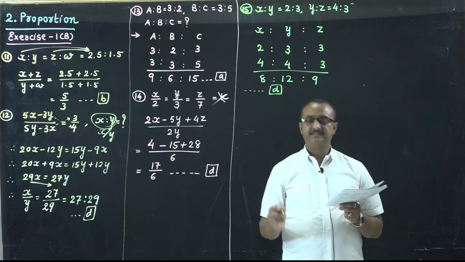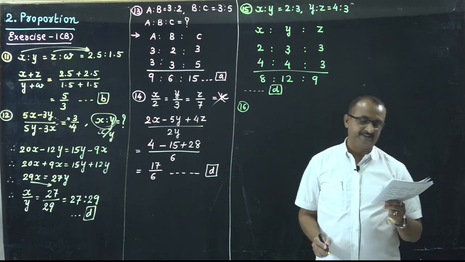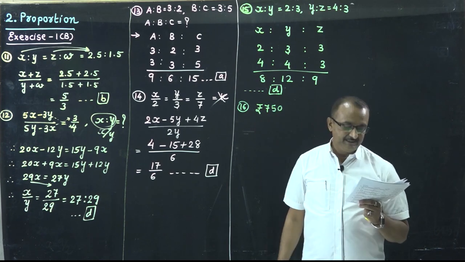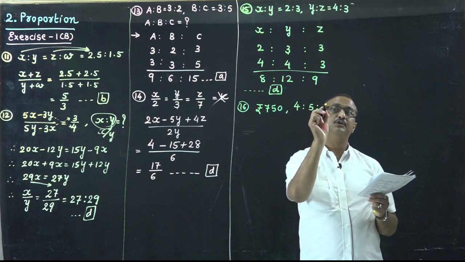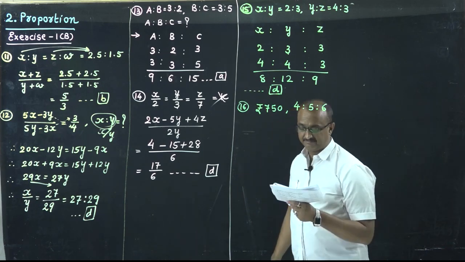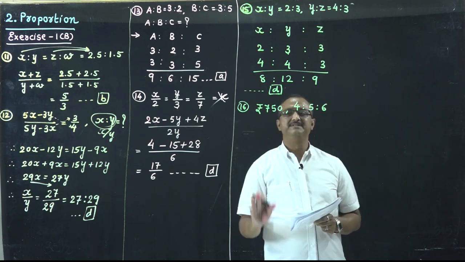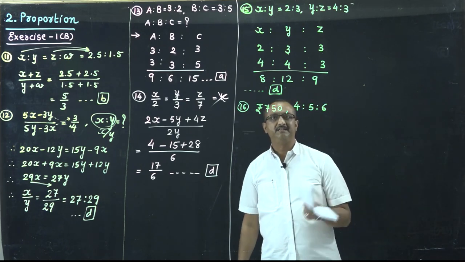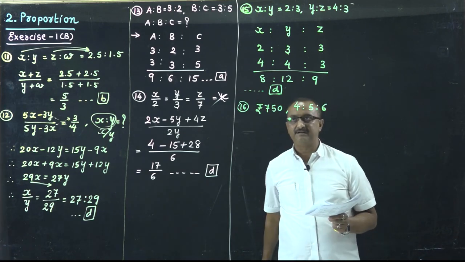16 number. Division of rupees 750 into 3 parts in the ratio 4:5:6. Okay, division of 750 in the ratio 4:5:6. So આ બહુ ઇઝીલી તમે અકાઉન્ટમાં કરો એ રીતે કરી શકીએ આપણે. 4x, 5x, 6x બરાબર છે. પછી રેશિયો ફાઇન્ડ કરતાં તમને આવડશે, પણ હું તમને ઓપ્શનથી શીખવાડું કારણ કે ડાયરેક્ટ તો તમને આવડતું હશે.